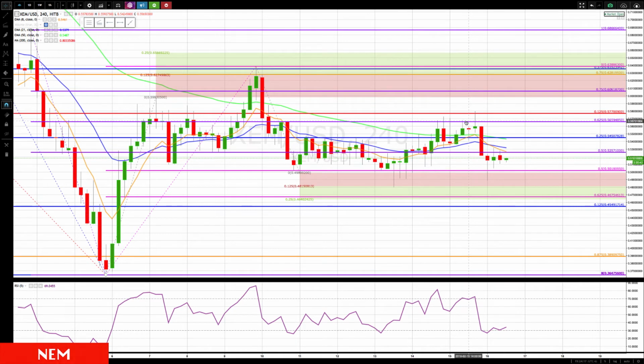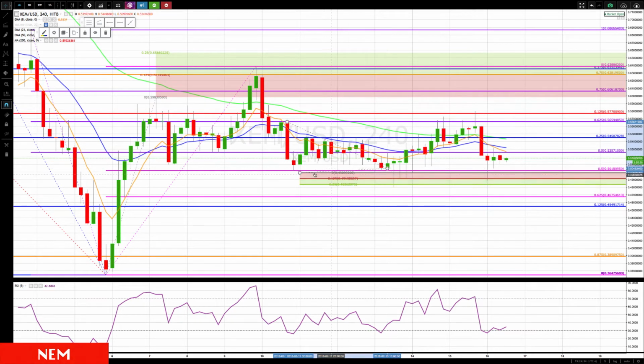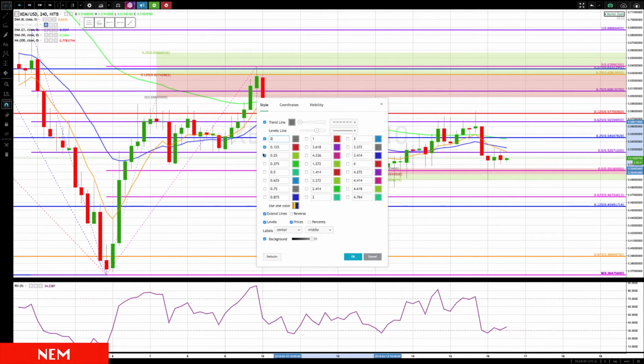Can't get above the 62.5 retracement level. Tried to poke above it. Now it's just in major consolidation. So we shall see which way this does break out. At this point, we could do a horizontal channel. I haven't even projected this, so we'll just do it real time, and we'll do it with the